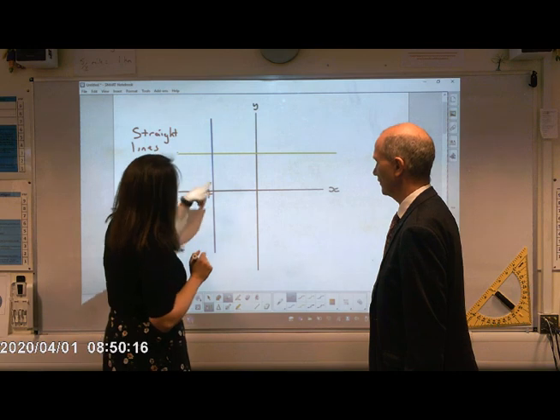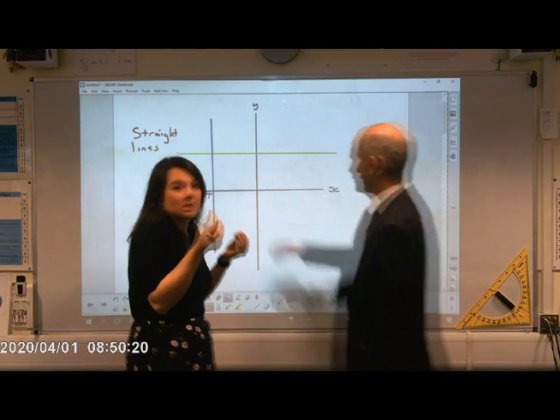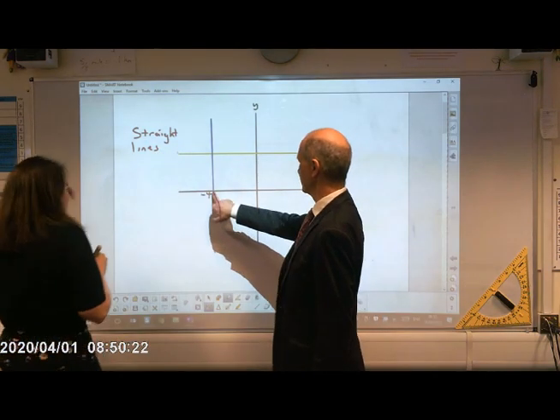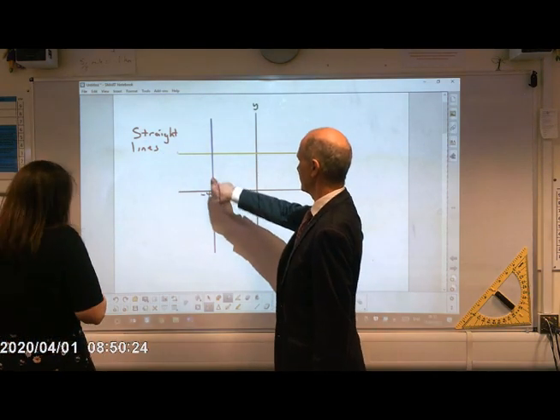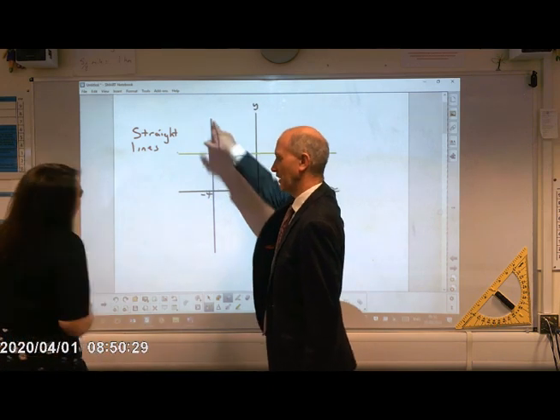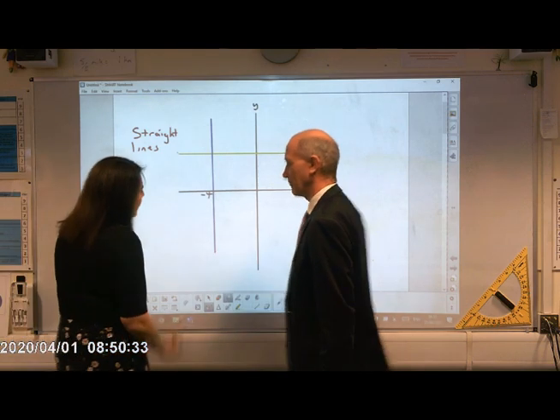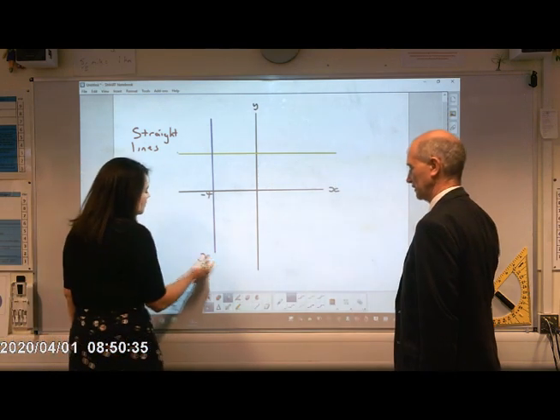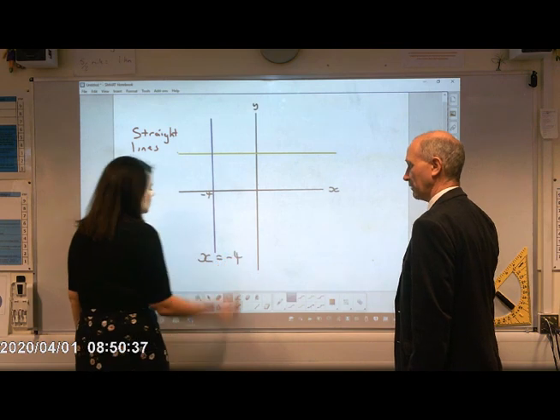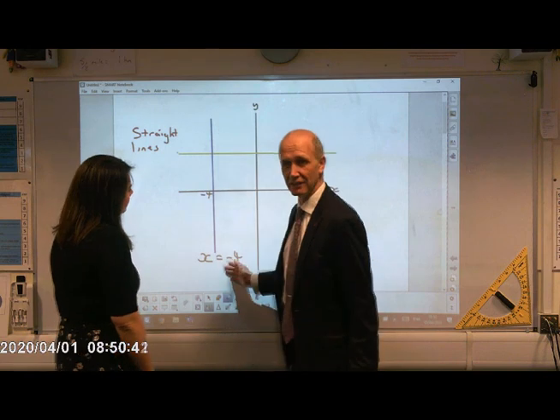Every single coordinate on this line would have an x coordinate of -4. So this would be (-4, 0), (-4, 1), (-4, 2), (-4, 3), (-4, 4), (-4, 5), and so on. I've said -4 a lot. Therefore x is always -4, so x equals -4. That's how we would describe that line, because it is the only line where x